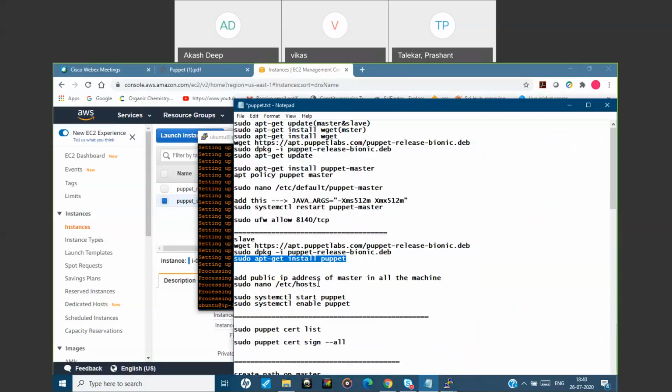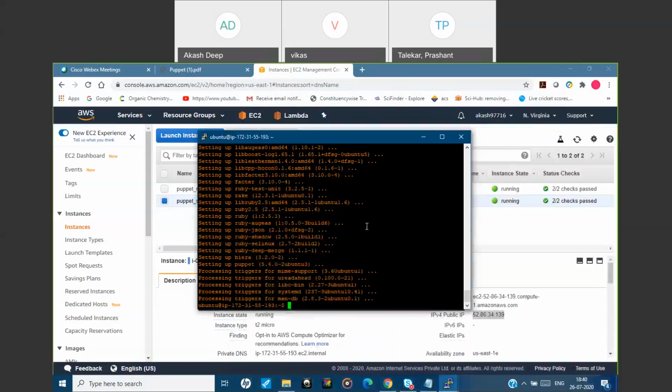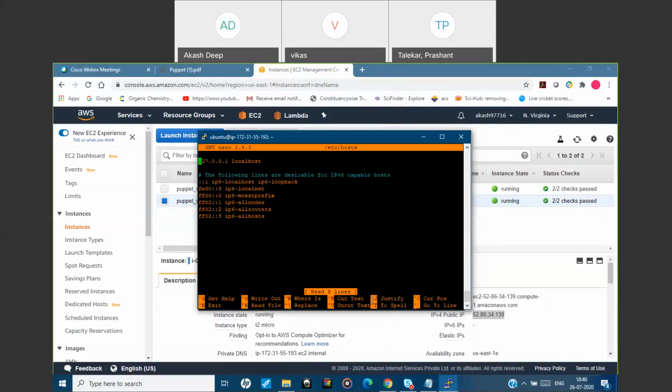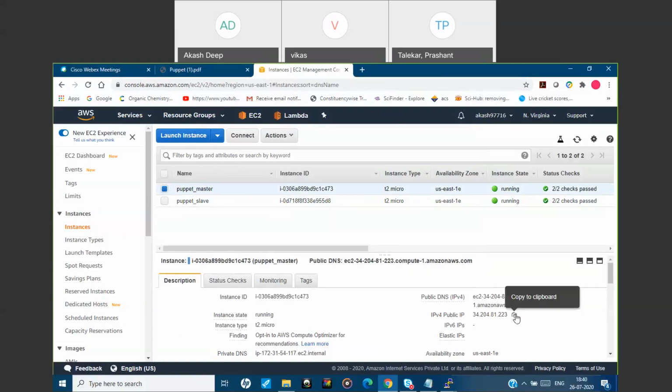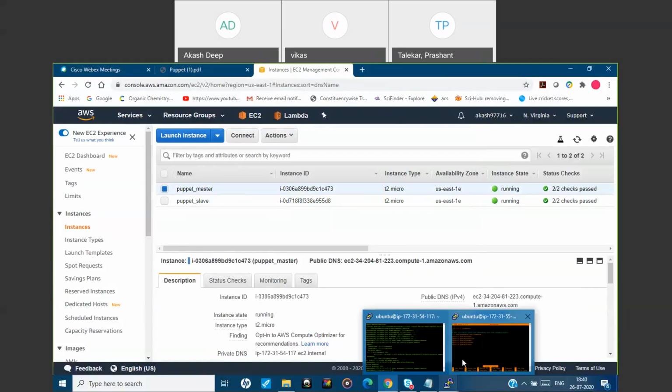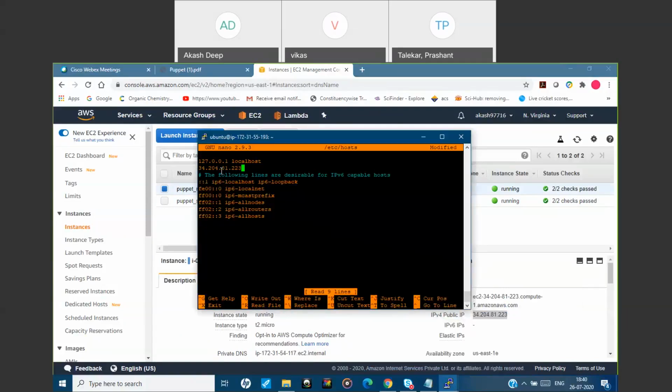Now one of the most important steps we need to do. As I told you, in all the hosts you need to add the master IP. So you will go here, and after that you need to add your master public IP on which the communication will happen over the internet. And you need to specify this name also, puppet.